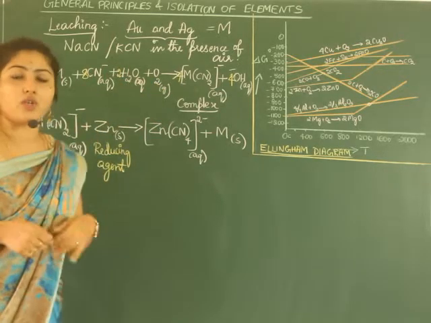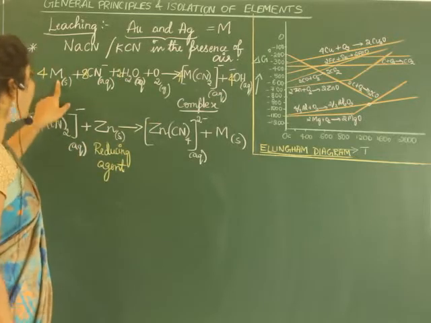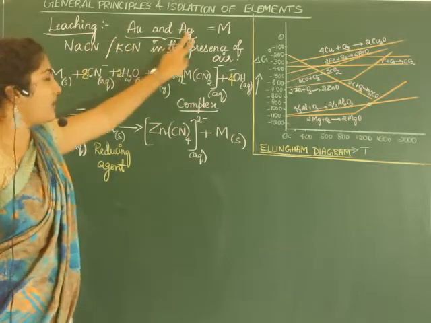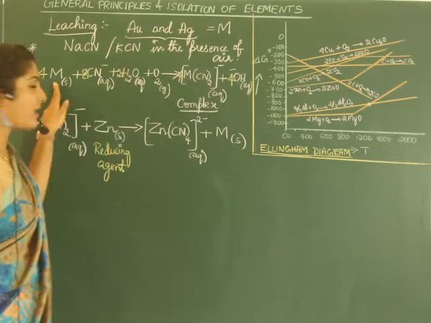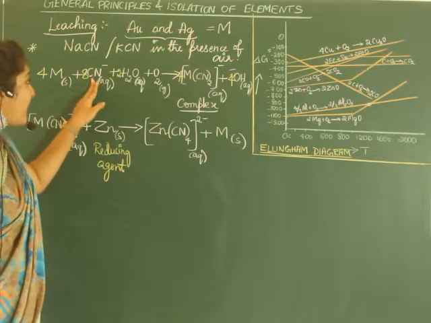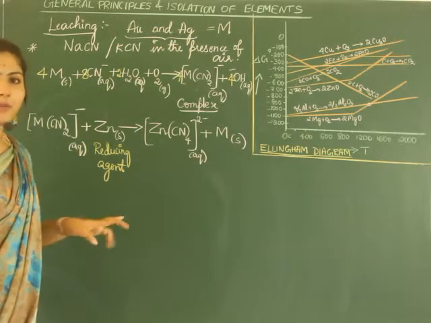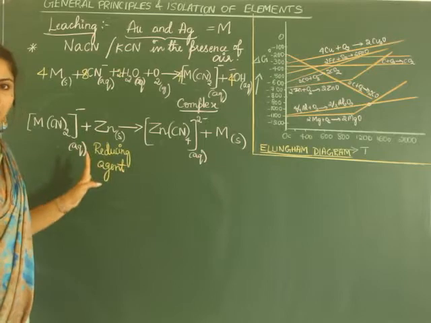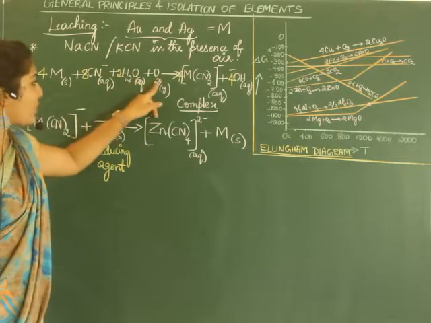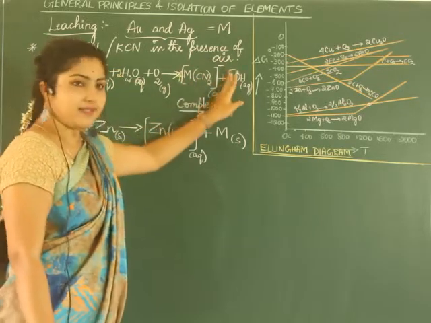Generally we have written M, you can also write using silver or gold. Instead of M, you can take gold. If it is gold, Au. If it is silver, Ag. Say if you take it as gold, Au plus CN minus. Instead of writing CN minus, you can write sodium cyanide or potassium cyanide also, not a problem. NaCN, KCN you can write. Then you need not mention the charge, you know that. Plus H2O plus O2. If it is gold, you have taken Au(CN)2 whole minus plus.